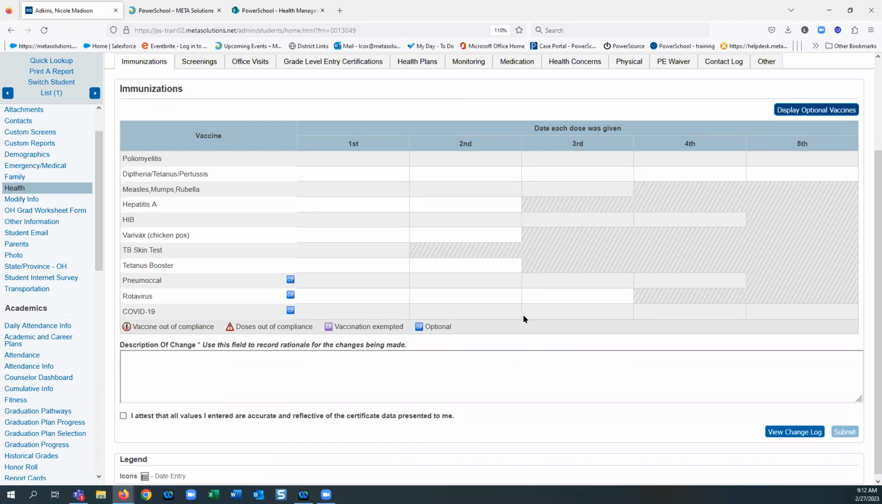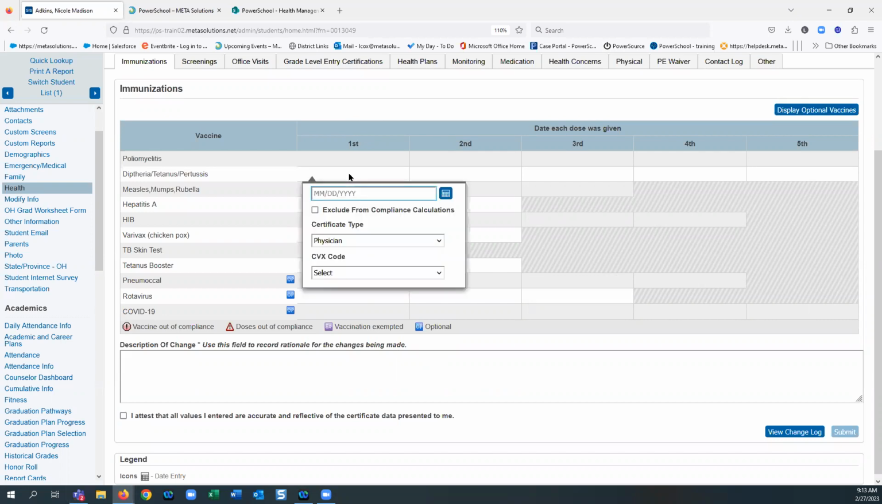Okay. Am I missing anything, Harley and Laura, that you can think of on the immunizations portion? Well, just showing them how to enter one would be that's my next. Okay. So if you go to that DTP and you click on that,